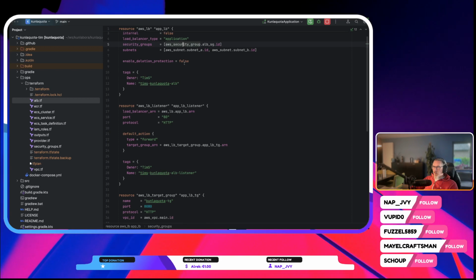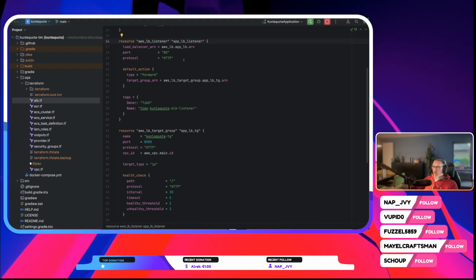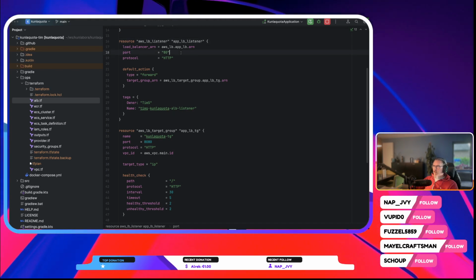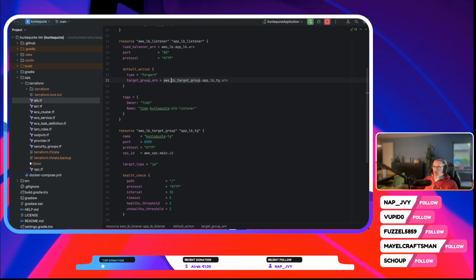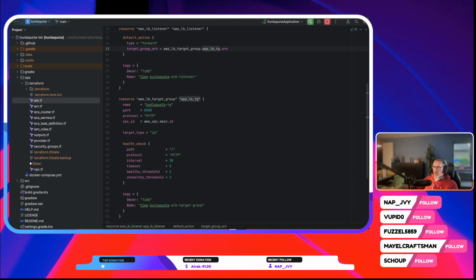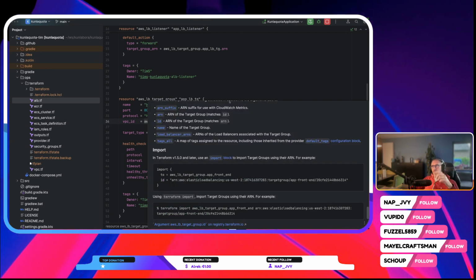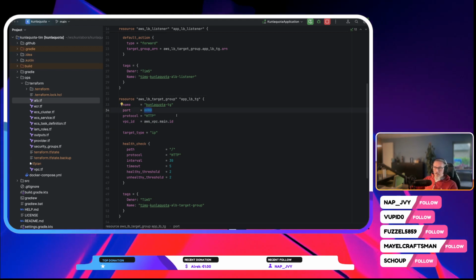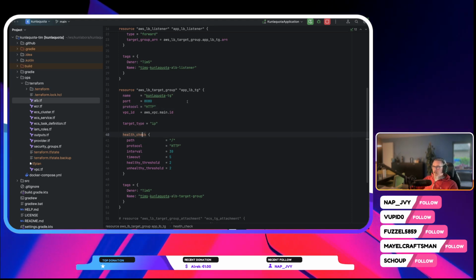Also contains some security groups, some tags, and then there's a listener. So here we're defining whenever there is something accessing this load balancer at port 80, what we want to do is target listing. What is this load balancer target? It's the thing that lives on this VPC here, somewhere over there, where our service is living basically at port 8080. So it's just doing some forwarding there, a bit of a health check, and that's all that we